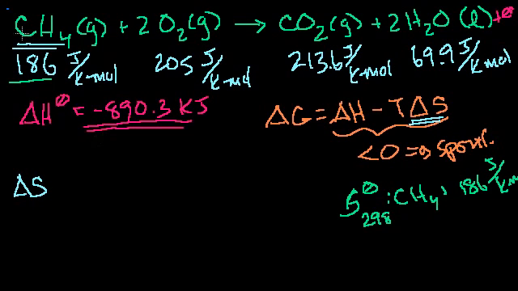So if I have 1 mole of methane, I have 186 joules per Kelvin of entropy. If I have 2 moles, I multiply that by 2. If I have 3 moles, I multiply that by 3. So the total change in entropy of this reaction is the total standard entropies of the products minus the total standard entropies of the reactants, just like what we did with enthalpy. So that's going to be equal to